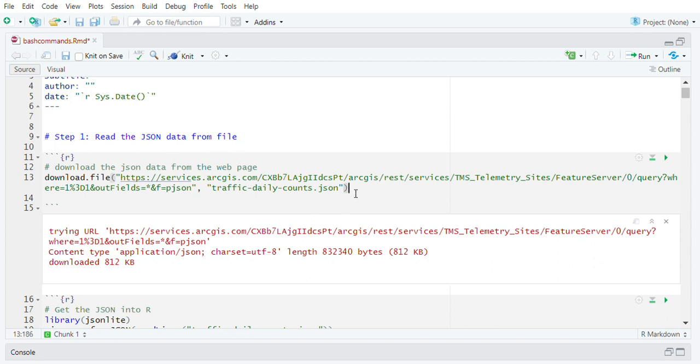Now this step over here, download the JSON data from the web page: download.file, bracket, the web address, and this one, it's a long one, and then we put that in double quotes, comma, then we put the name of the file that we want to give. So we want to give traffic-daily-counts.json, and we put that in double quotes. Now running this,